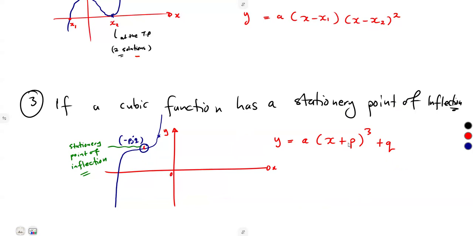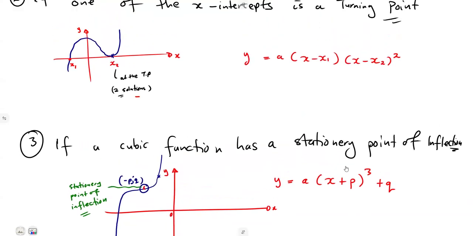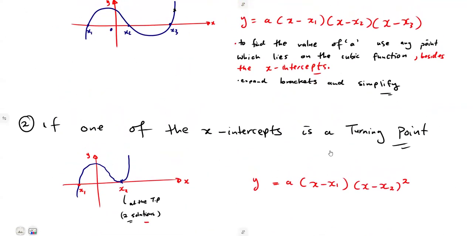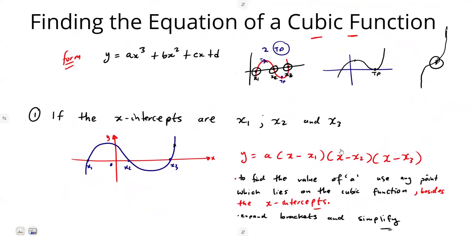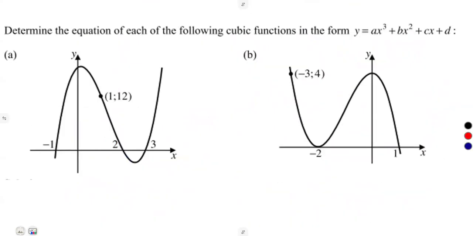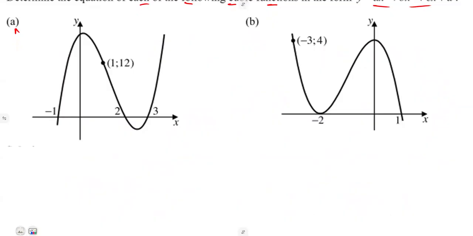So that is some of the conditions which are basic in our revision when we are dealing with a cubic function. These are some of the basic formats that you must actually understand because they repeat these conditions now and again. So questions can be like this. Determine the equation of each of the following cubic functions in this form. All right, we are given the first part, A. If you are to look into the sketch that we are given here,